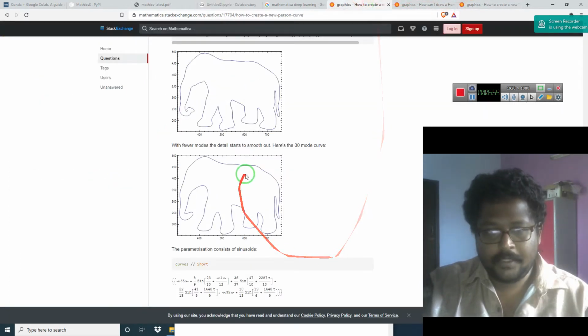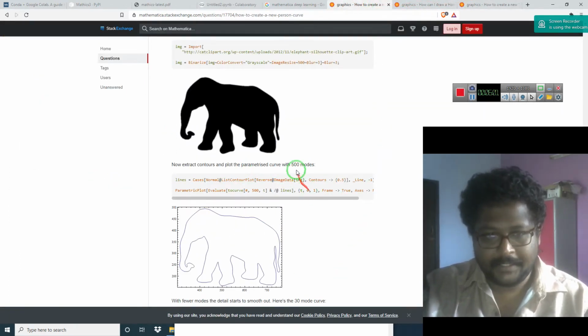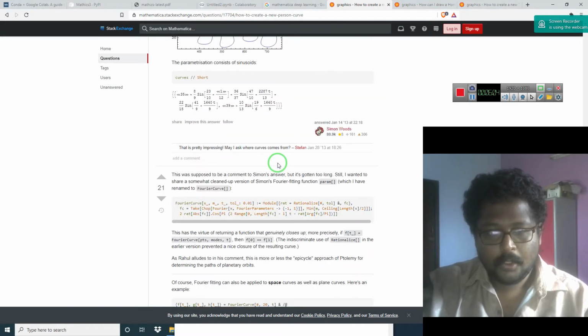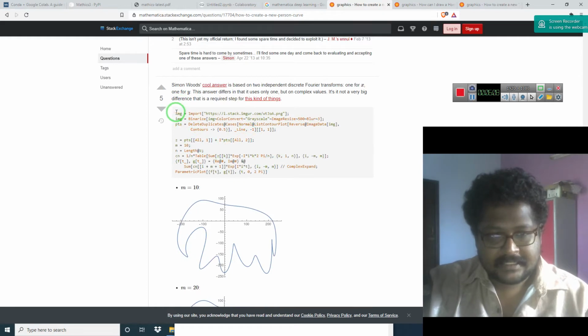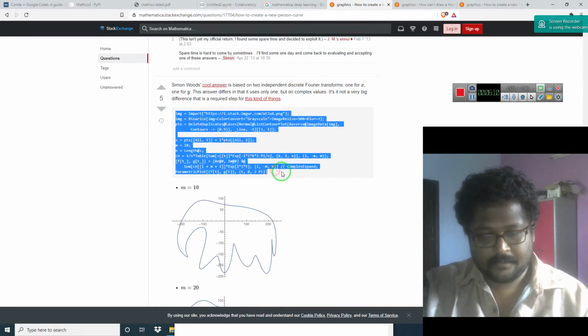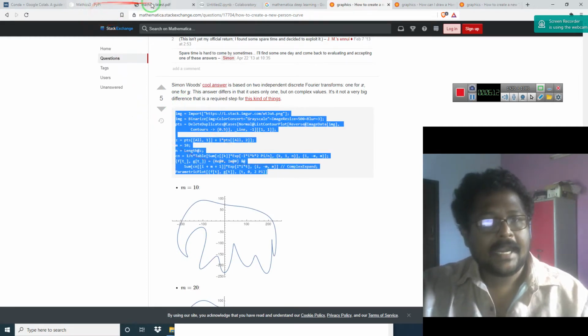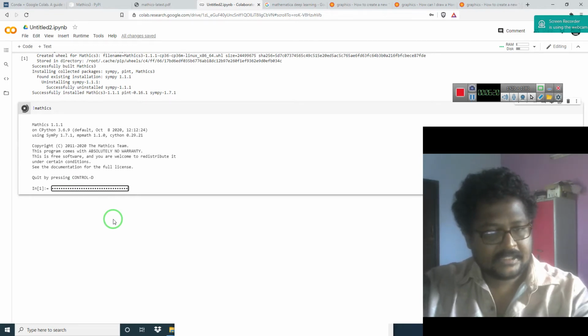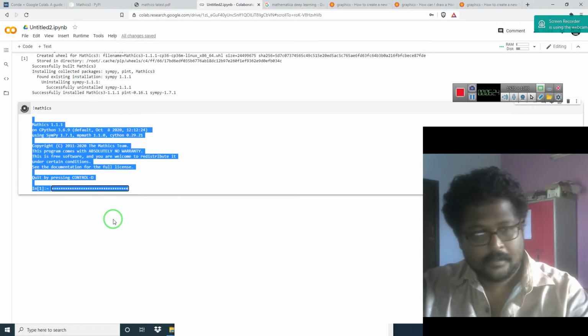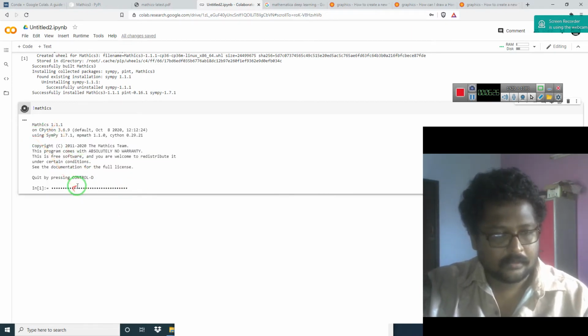Now what I am doing is I am going to make a contour, I am going to make an equation of something. Okay, Control C, and I am going to this Colab and I am just pasting it. Oh my god, what happened? Okay, something is wrong.